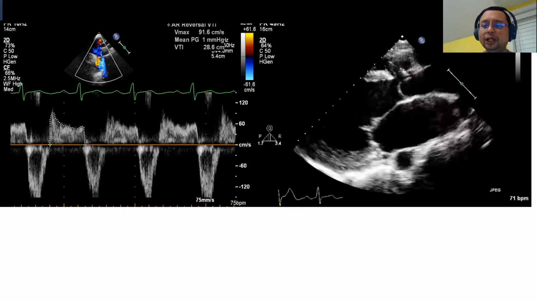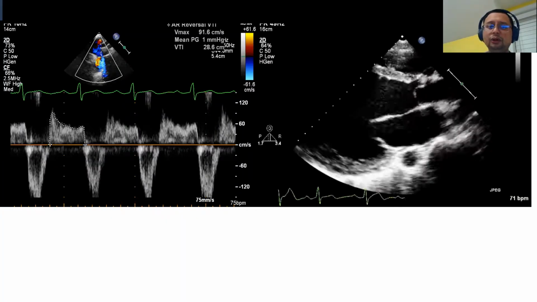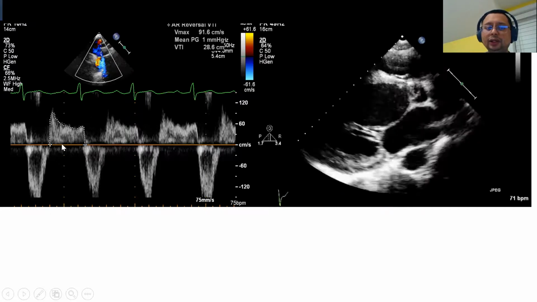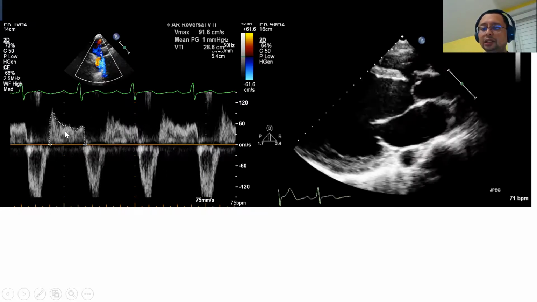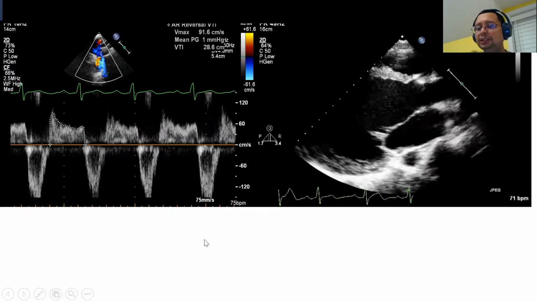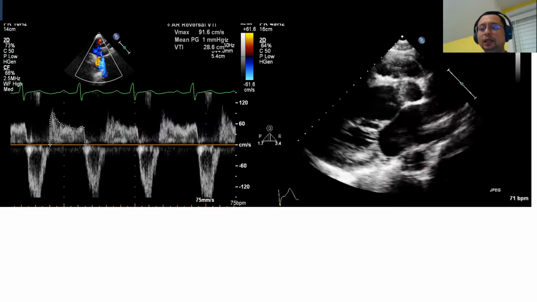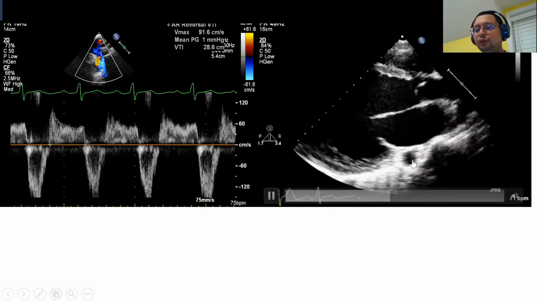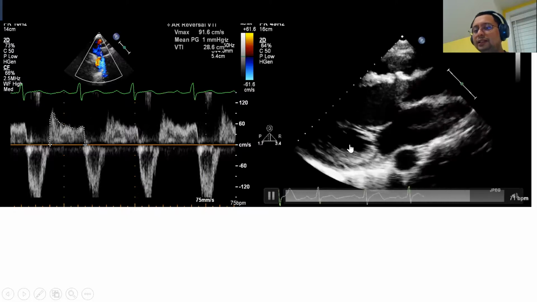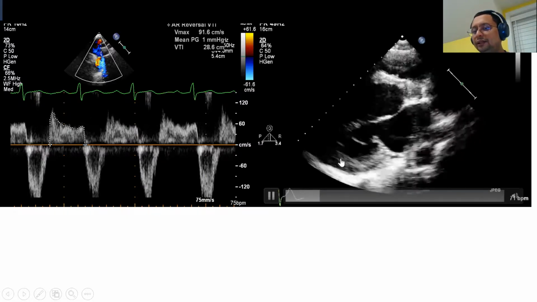This is another echocardiogram of a patient. Okay, now look at this. In a descending aorta, you can see very severe holodiastolic flow reversal. And you know this is severe aortic regurgitation. Now look at the parasternal long axis view here. That is the descending aorta. You can see that the LV is very dilated.